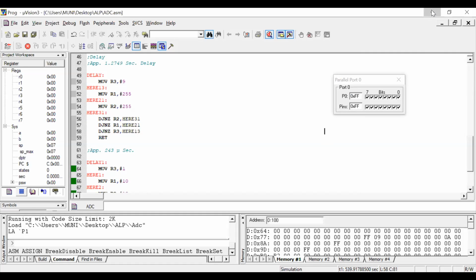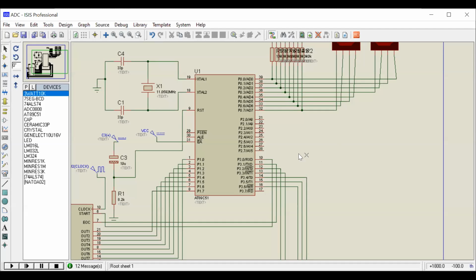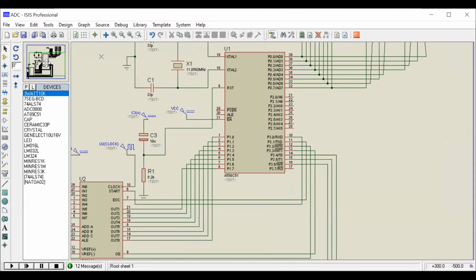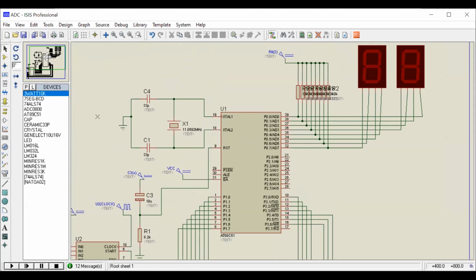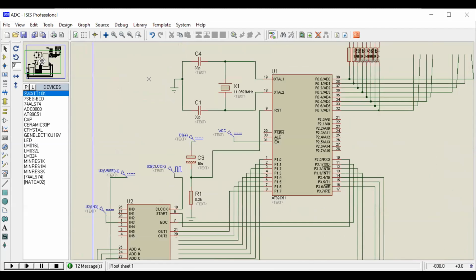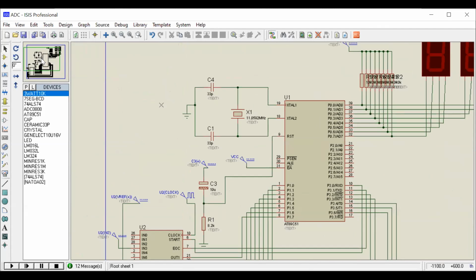And next, design the circuit in Proteus. The first one is external 1 and external 2 connected to the crystal oscillator.